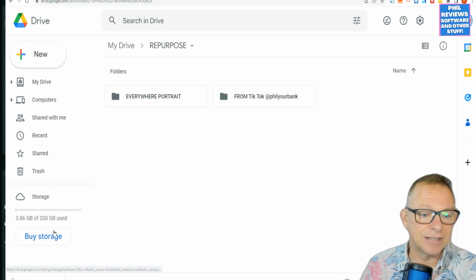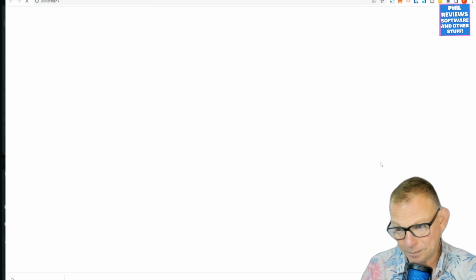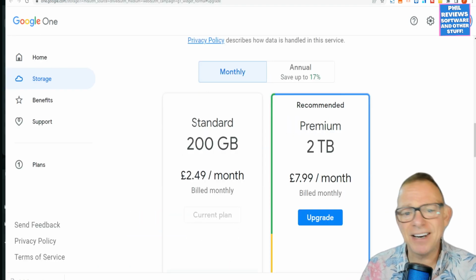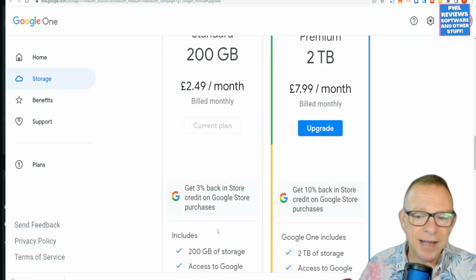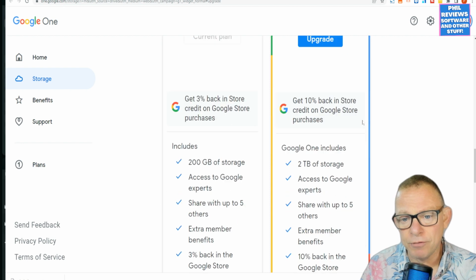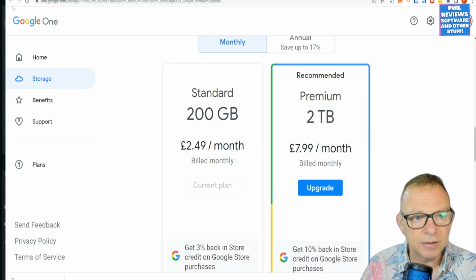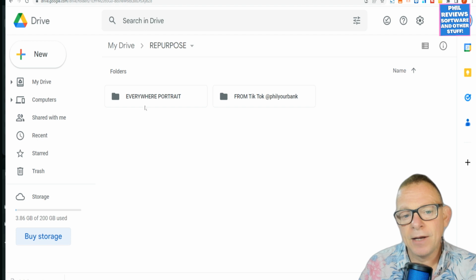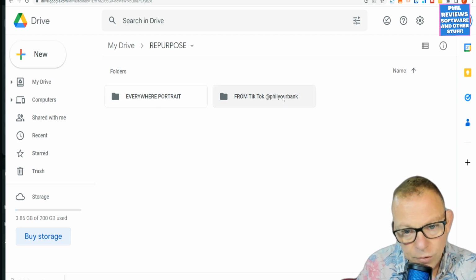But anyway, the thing with Google Drive, look at the pricing. For 200 gig, I'm paying $2.49 a month. If I did get to the point where I'm getting a lot of videos, listen, it's a small investment. I'll move up to the $7.99 a month. But getting back to it, I strongly suggest you set up on your Google Drive one folder called Repurpose and extra folders underneath,